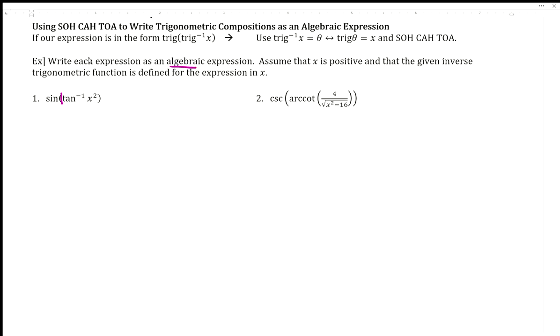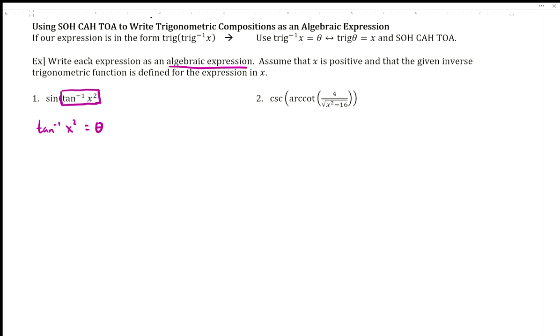So we can still break it down. It does say write each expression as an algebraic expression. So that means they want it in terms of just x. Assume that x is positive and the given inverse trig function is defined for the expression in x. That way we can't just say, oh, it's probably undefined. Nope, not this time. So what we can do is still just say, well, the tangent inverse of x squared